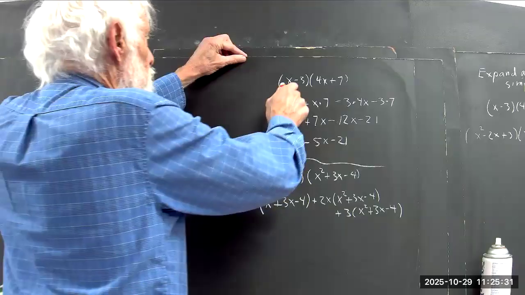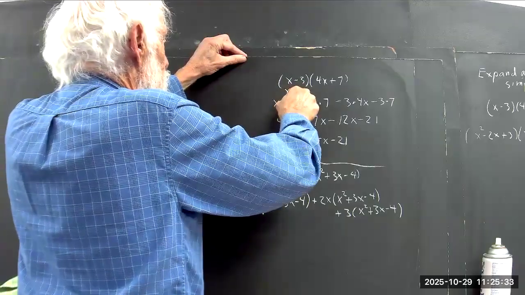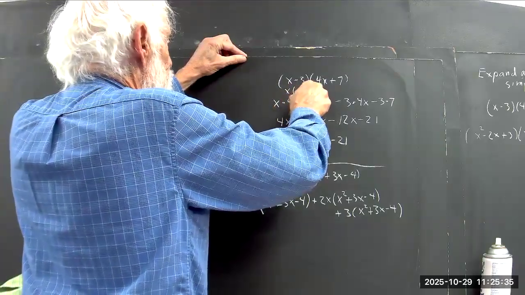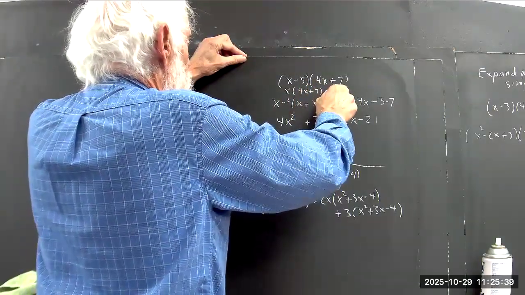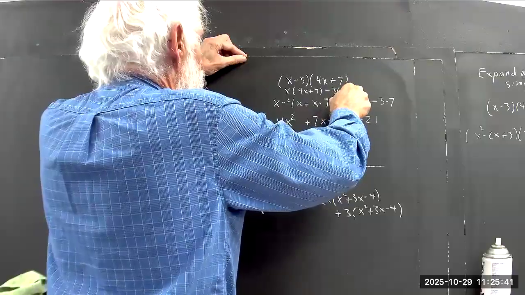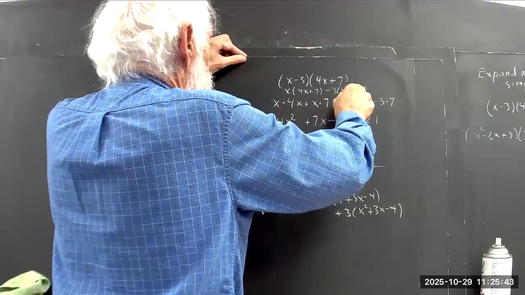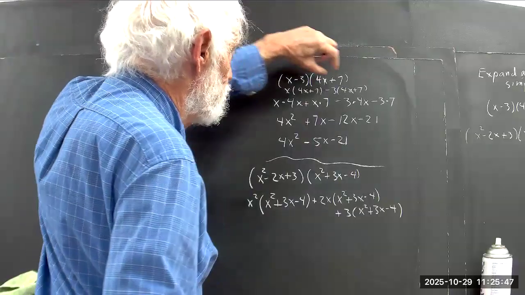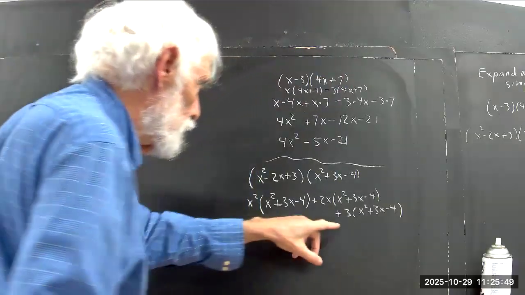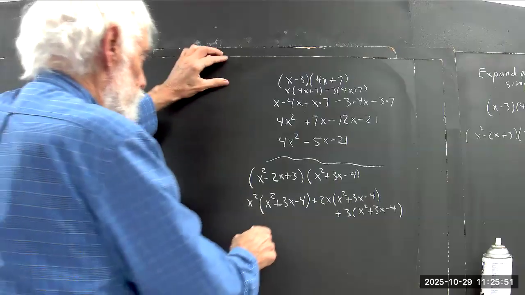But up here, it really would have been better if I would have written x times 4x plus 7, minus 3 times 4x plus 7, just to indicate that x multiplies the whole thing, and so does negative 3. So I've written it out that way here. In the next step, I'm going to write